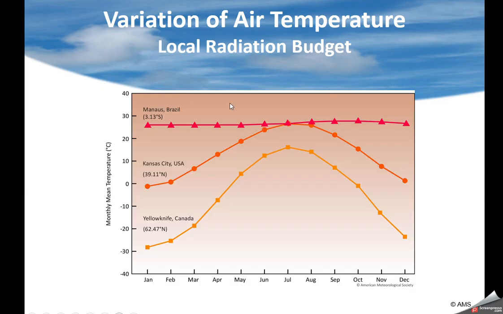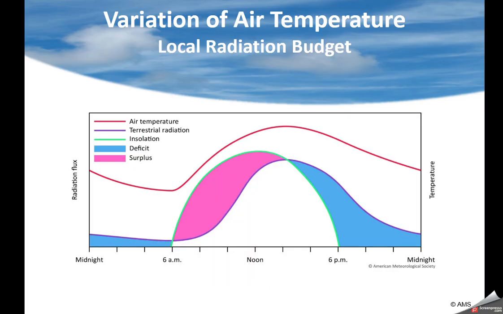So here's the local radiation that arrives in different spots. For example, here in Brazil, not much change throughout the year. Kansas City, less in the winter, more in the summer. And we get way up in Canada, not a whole lot in the winter, significantly more in the summer. And with that local radiation budget, that is what drives these changes in temperature. Even during a day,